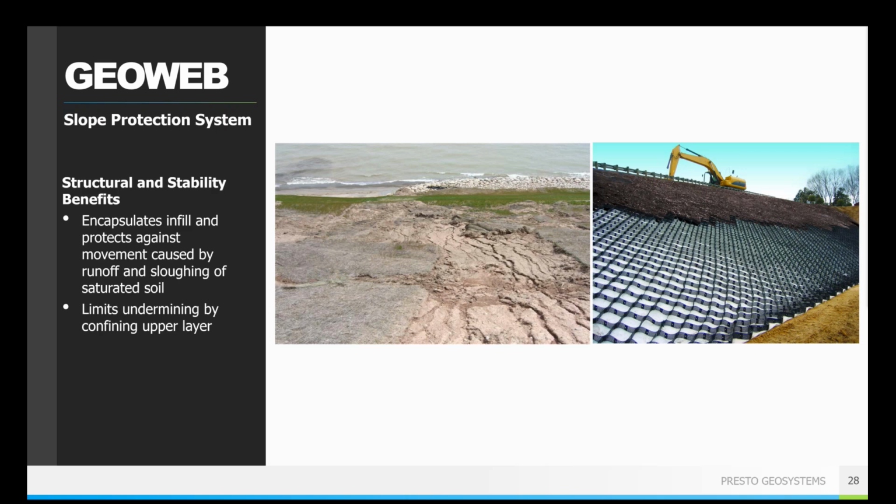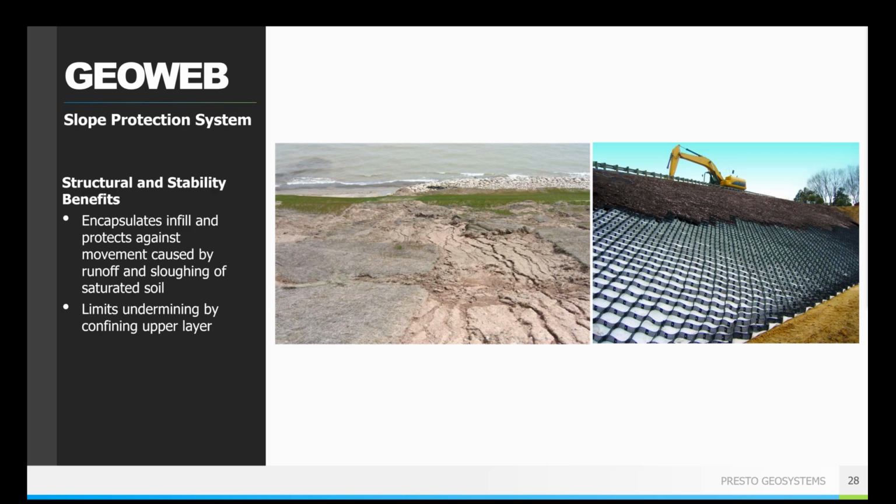So you are going to help reduce superficial erosion due to either water movement, saturation of the slope from either rainfall or from just a saturated soil coming up from the groundwater system. And it also helps protect against wind erosion. If you're on a coastline, that's something we see that you might have issues with if you're in a particularly windy environment. So it does help prevent things like rills and gullies from forming. It's going to help prevent that superficial sloughing, that sort of thing.